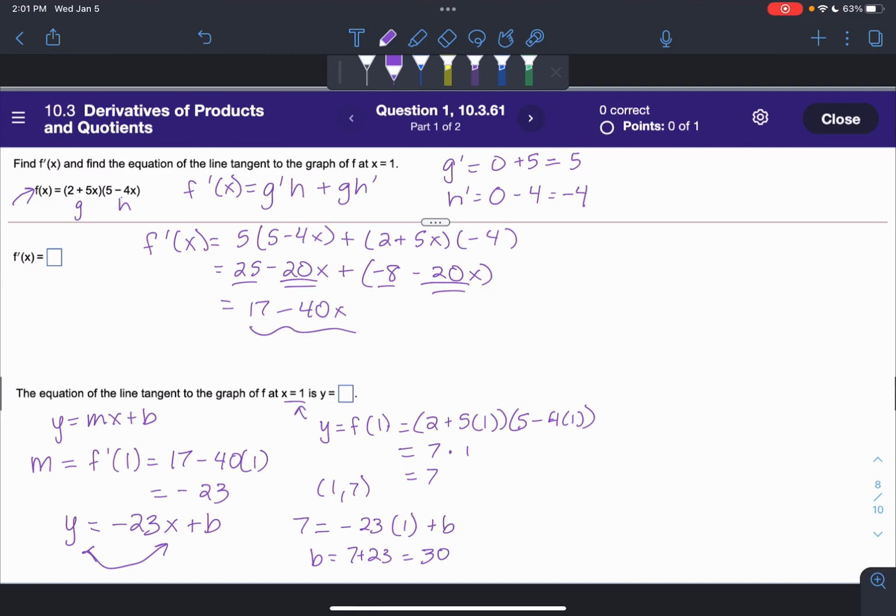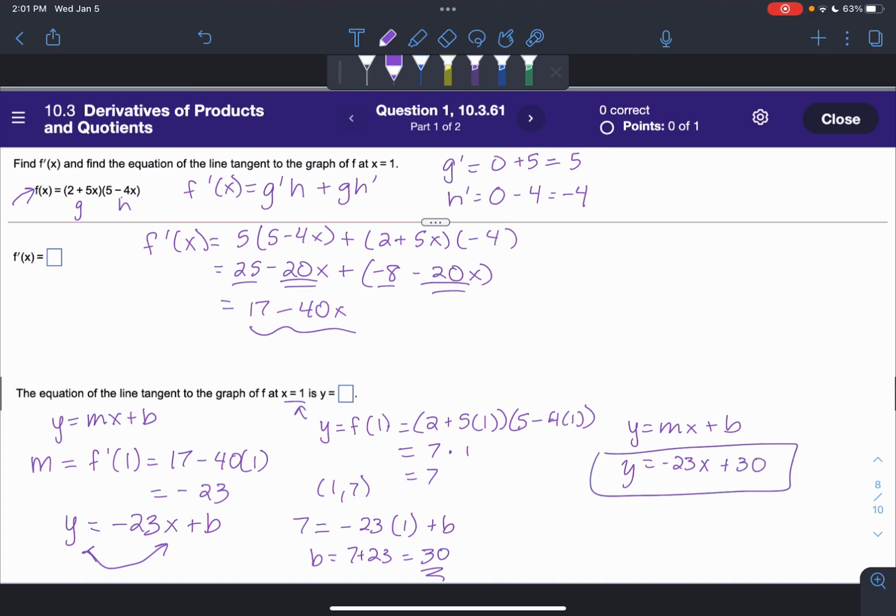All right. And then our very last step is just forming our line, y equals mx plus b, right? So we have the slope of negative 23, and we just found that the y-intercept is 30. So that is the equation of our tangent